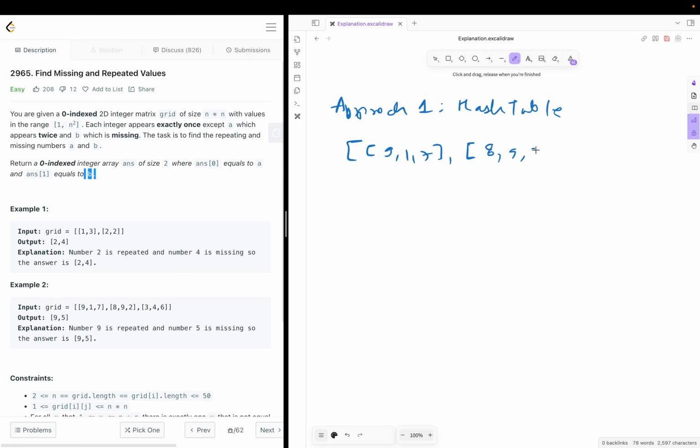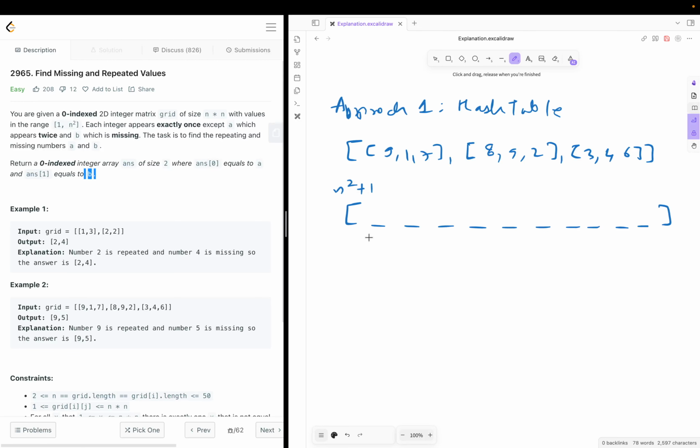So this is the initial matrix that we have been given. In parallel to it, we'll create one count